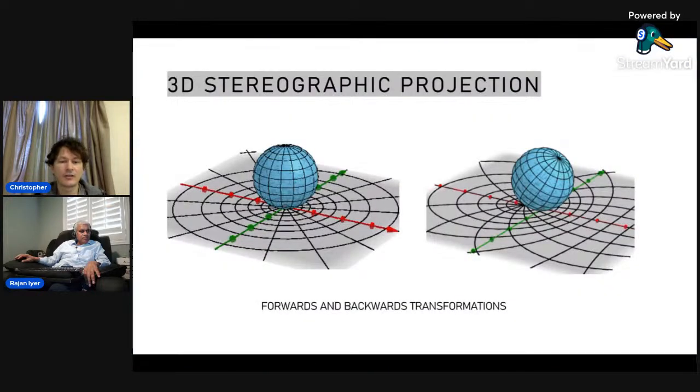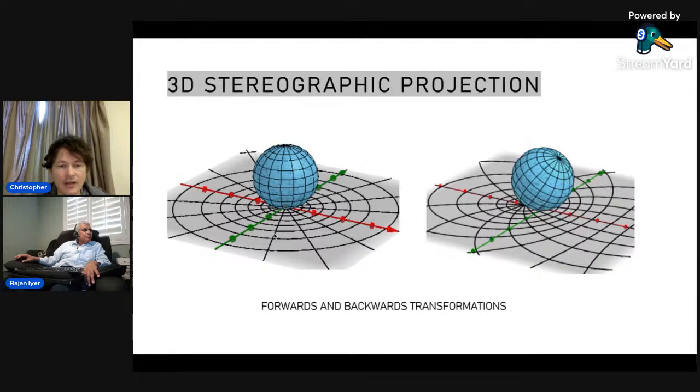So the anamorphic universe model, as I've talked about before, sort of leverages stereographic projection. So I just have a bit of a slide here with kind of a visual demonstration of what stereographic projection actually is and what it does. Down at the bottom here, I've mentioned forwards and backwards transformations, although that terminology doesn't really apply in a sense. You'd have like inverse and I guess standard or something like that. But basically what I mean by that is